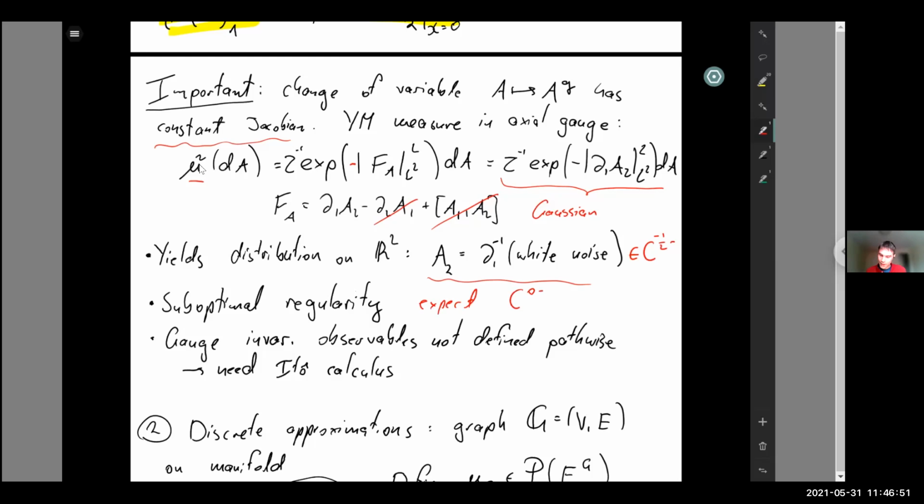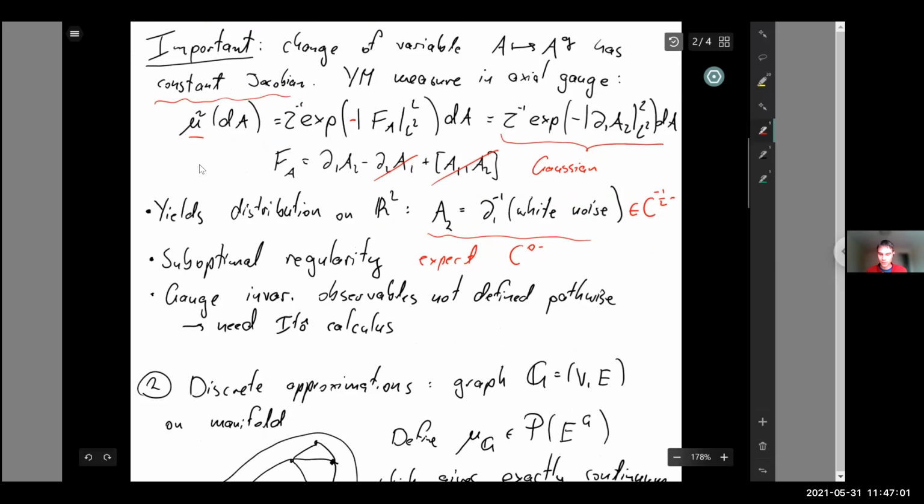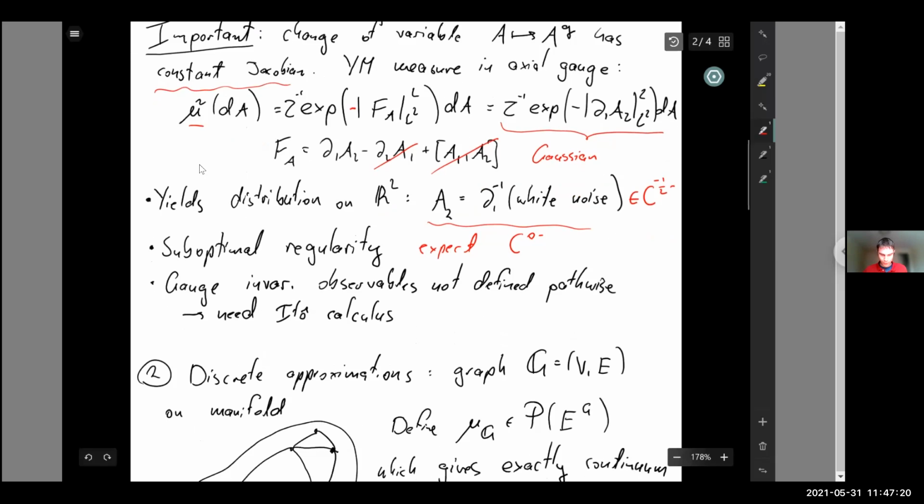And relatedly to this, gauge invariant observables aren't defined pathwise for this kind of distribution measure. So you need to use Ito calculus to define Wilson loops. This approach was developed, as I said, by Driver, Sengupta, and others in the 80s and 90s. Okay, so then moving on to the second approach, which is the one by